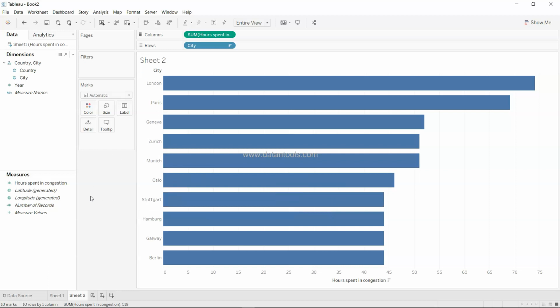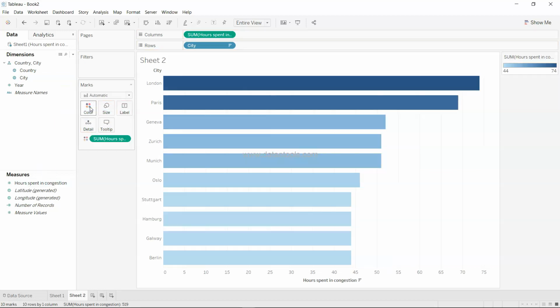We can also color code this information by putting the hours spent on the color, where clearly you will see that the value which is higher is being colored. But that doesn't make a lot of change in a situation like this. In scenarios where you want to clearly highlight the first two, or maybe London, then it becomes useful. So in that case, what you can do is go into the color,